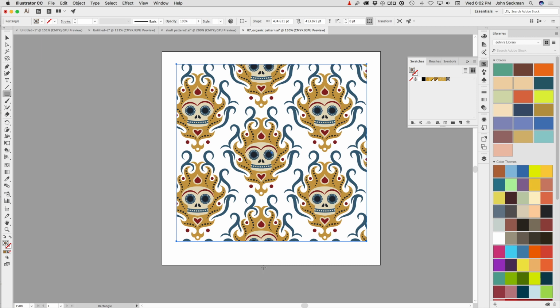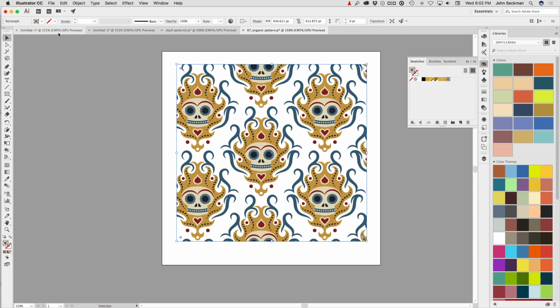One last thing I want to address is what do you do if you create all these patterns and you want to access them, because the patterns are only stored within the document that they're created in, at least by default. You want to create a situation where you can add other patterns to a library, for example, and collect them together. So what I'm going to do here is go through